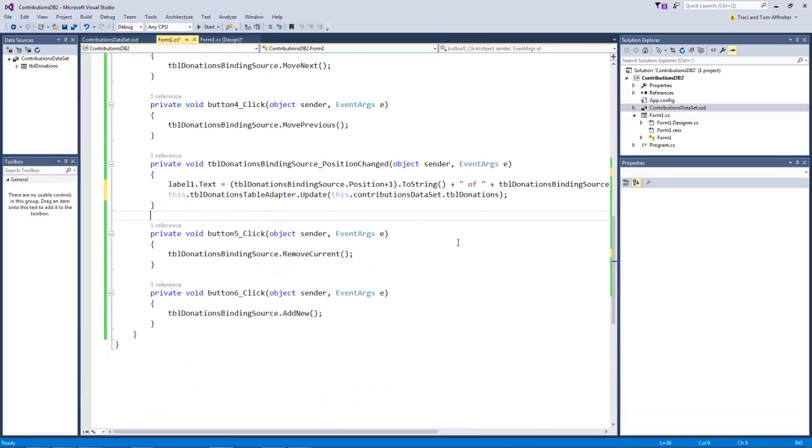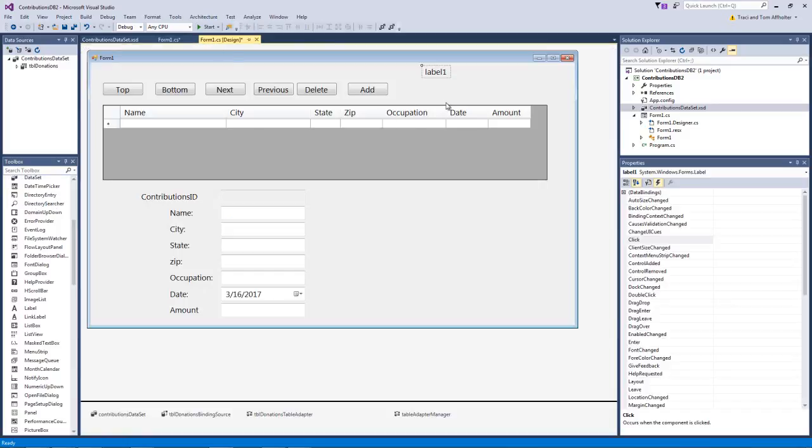Here you have it. That is one method to do it. Another method that we might want to use to update that data set might be a button up here. So we would have perhaps an edit button and we would have an update button. Now it's important though to understand that the moment that you click either edit or add, you would want